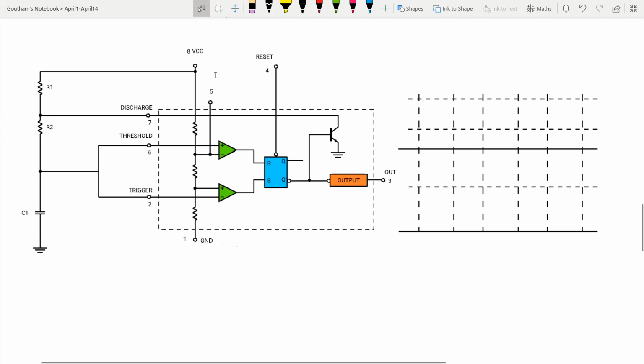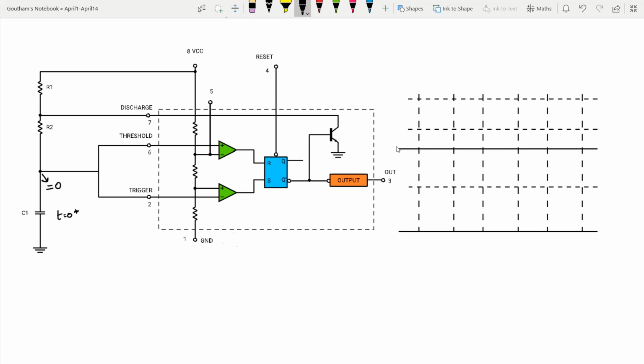So you have connected this circuit in this fashion, and at time t equal to 0 you just powered on the IC555, that is, you have connected this to VCC. Assume that initially the capacitor doesn't have any charge. You have just switched on the VCC, so the drop across the capacitor is 0 volts. So at t equal to 0+, what I am describing is a moment just after you have switched on.